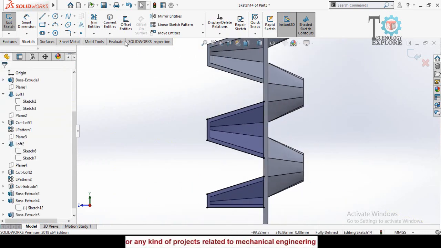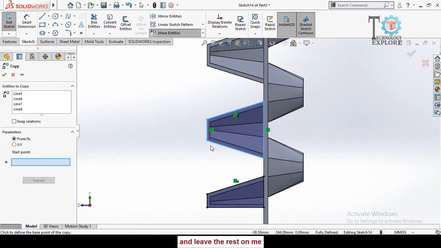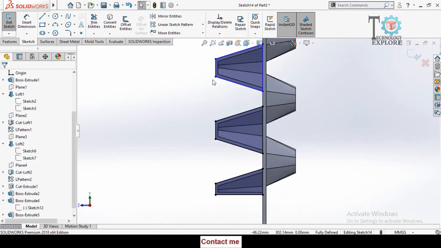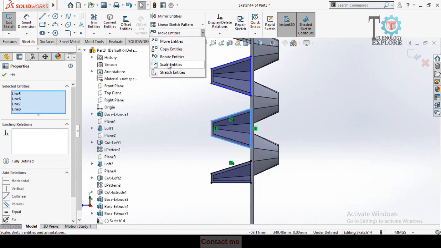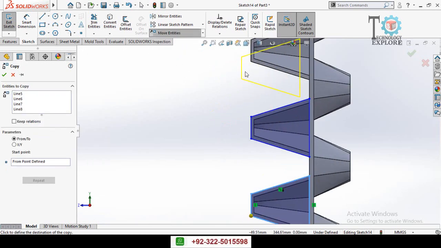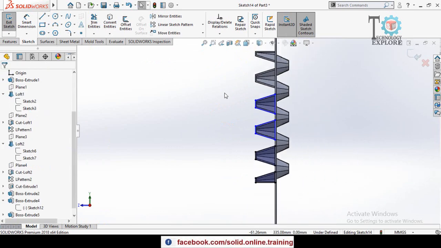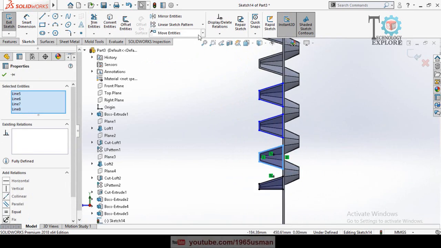So now make the copy paste. Copy entities and from move from to select this corner and paste it here. Again copy entities, select this point and paste it here. Again copy entities,